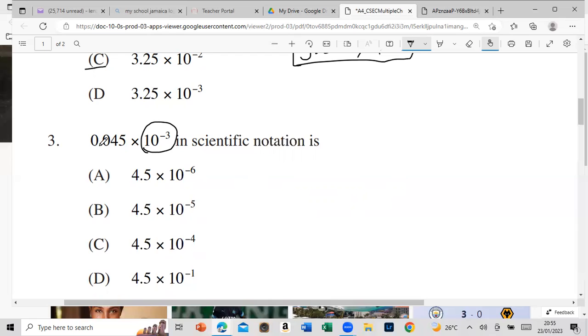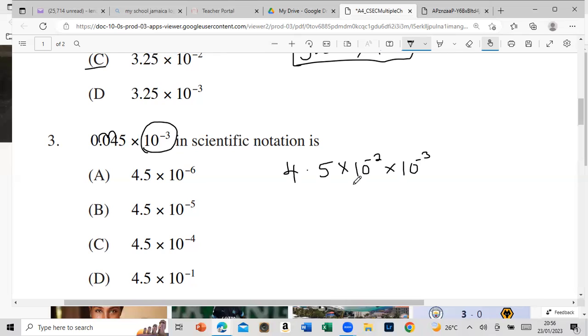So we'll move 1, 2. So we're gonna move 2 places. So that's 2 places. That's 4.5 times 10 to the minus 2